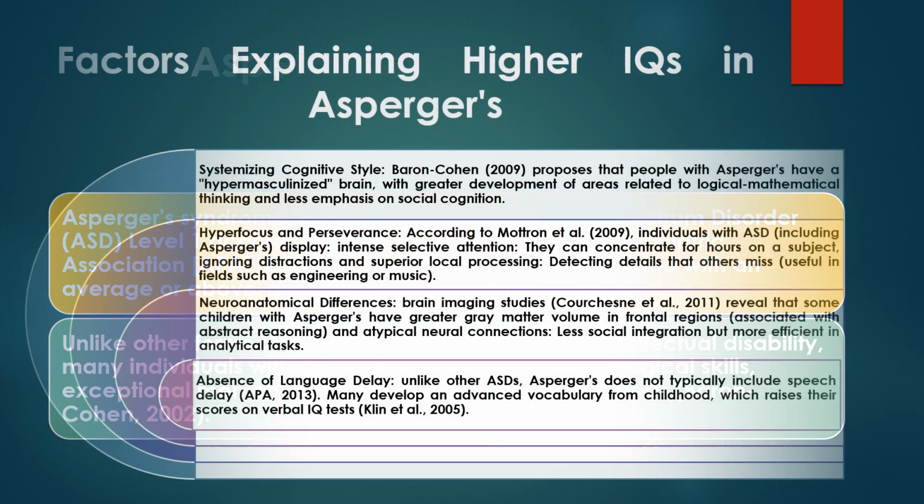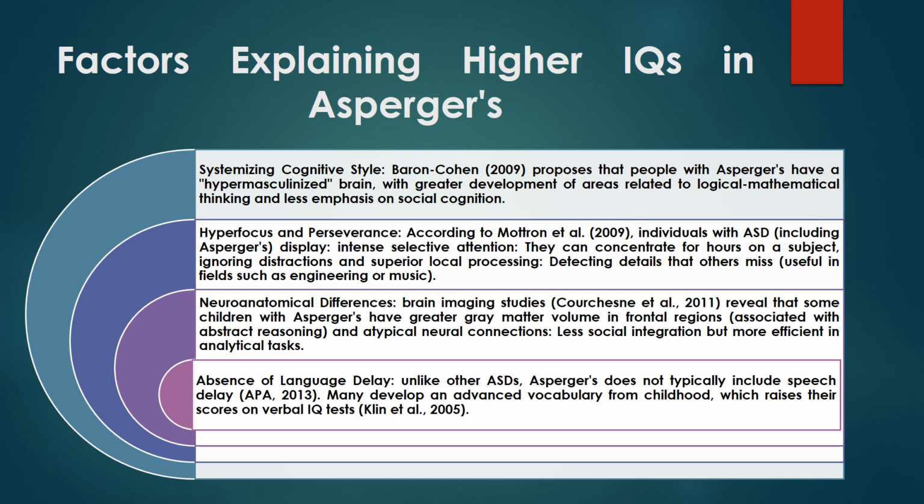First, a systematic cognitive style. Baron-Cohen proposed that people with Asperger have hypermasculinized brains with greater development of areas related to logical-mathematical thinking and less emphasis on social cognition. His systemizing theory suggests that they prefer clear patterns and rules, which facilitate structured learning, mathematics, programming, science, and a detailed memory, especially in subjects of specific interest. Second,